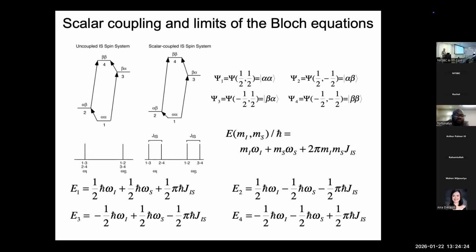So to get to the 3-bond coupling between the amide hydrogen and the alpha hydrogen, the amide hydrogen in the alpha state has to polarize the bond a little bit between the hydrogen and the nitrogen. That has to polarize the bond a little bit between the nitrogen and the carbon, and that has to polarize the bond a little bit between the carbon and the alpha hydrogen. So as a result,